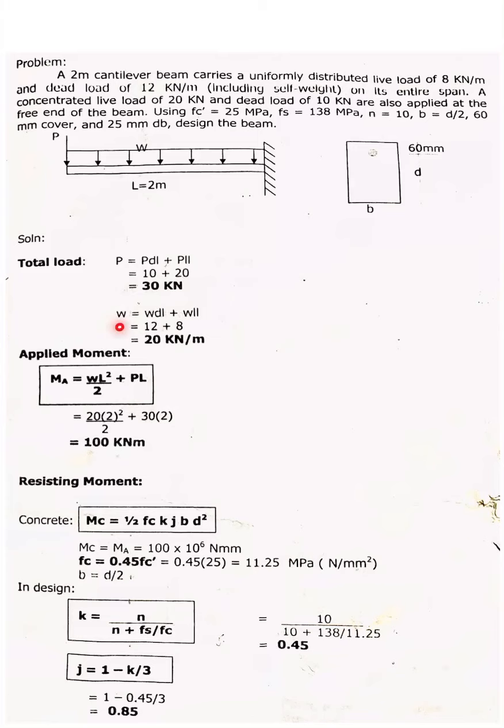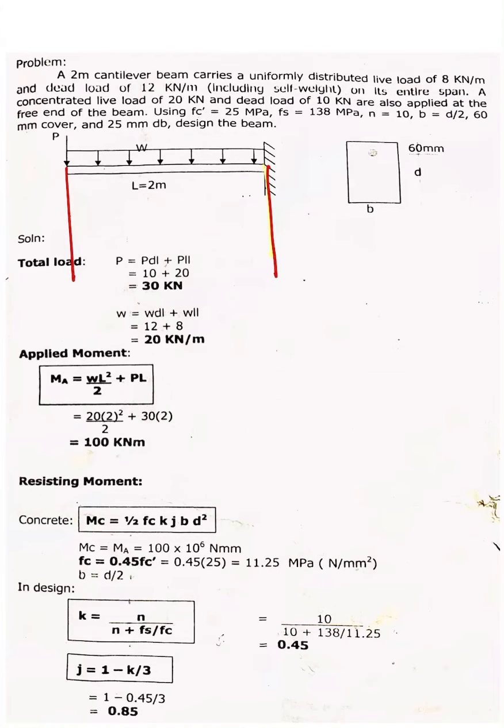And then for the W, which is the distributed load, we also have the W for dead load and for live load. So for dead load, you have 12. For live load, you have 8. So all in all, you have the distributed load equal to 20 kilonewton per meter. And then we will solve for the maximum applied moment. So you can solve for the maximum applied moment using